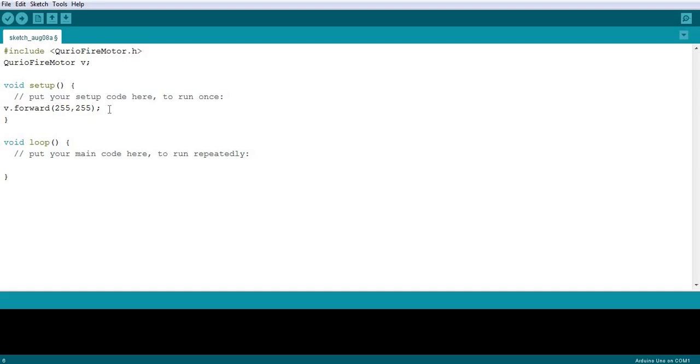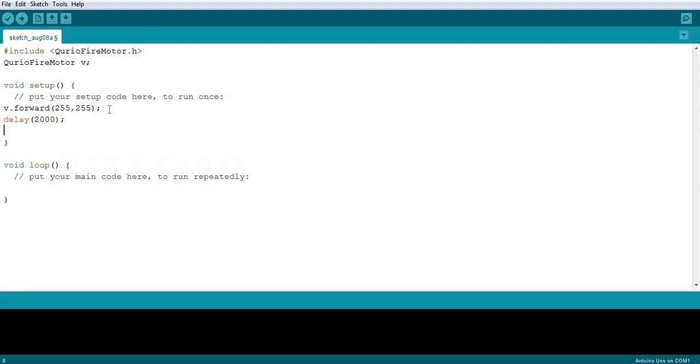Now the vehicle takes 2 seconds to reach point B. So we need to perform no action during these 2 seconds. The command for that is the Arduino command delay. You can see the color of the command changes. Since it is an Arduino command, it is displayed in a red color. The argument to the delay command is the milliseconds you want to delay the next command. And we want 2 seconds, that means 2000 milliseconds. Semicolon at the end.